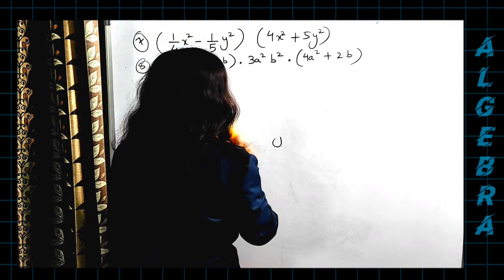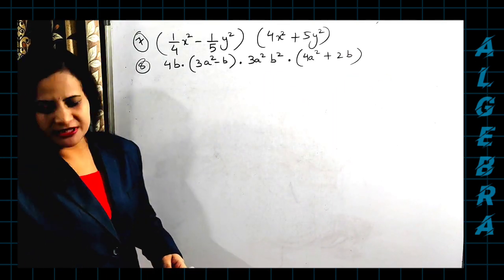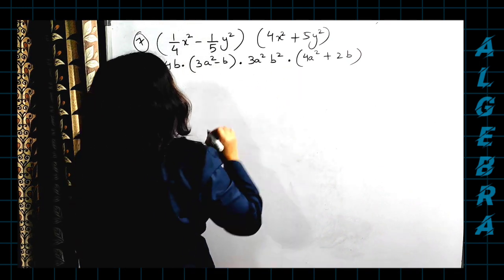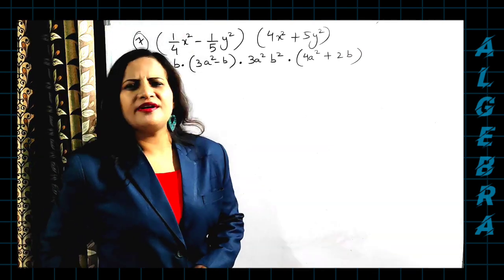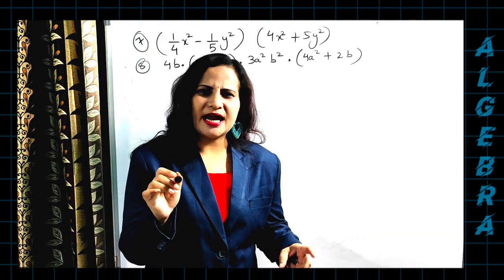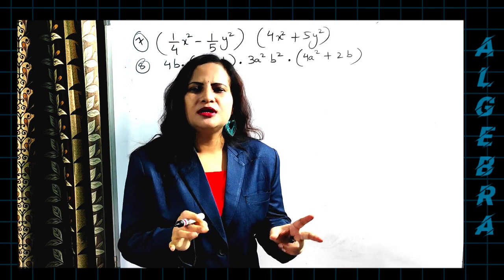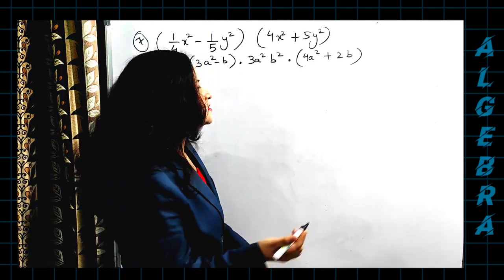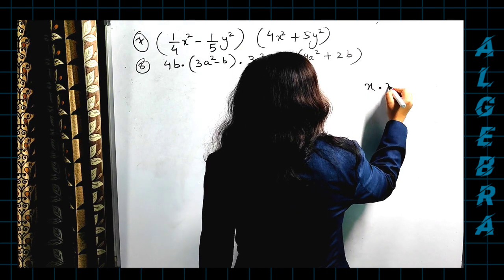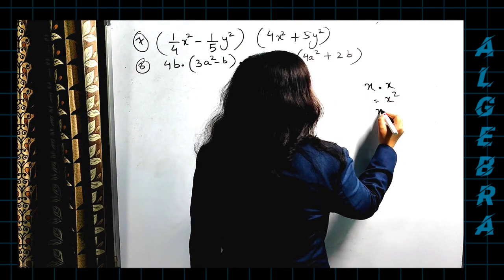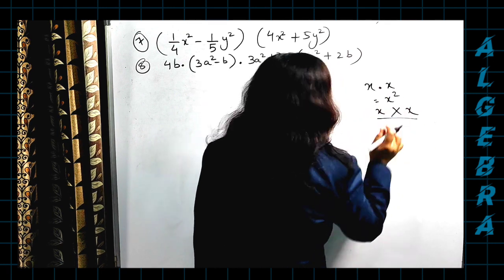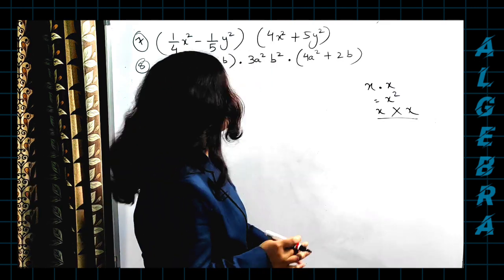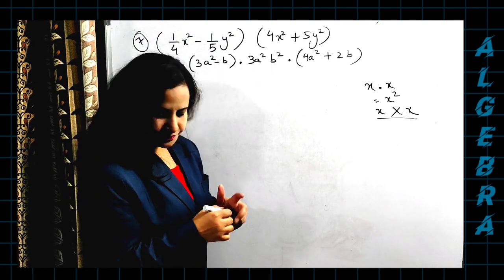Okay, so now let us come to the last question. Here also you have got a multiplication and you can see here these dots. These dots are nothing but multiplication, because in algebra most of the variables you are having are x, and the multiply sign looks almost similar. So in algebraic expressions we use a dot also. That also represents multiplication. Suppose you can write x multiplied to x is x square. This is the same as x multiplied to x. Just to avoid the confusion, you can put a dot also. That doesn't mean it is a decimal, it is multiplication, right?